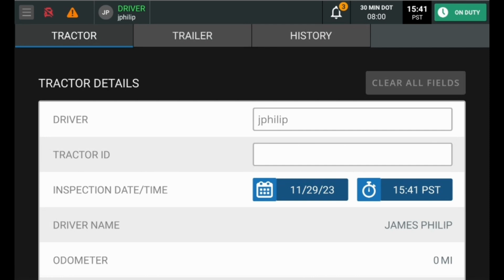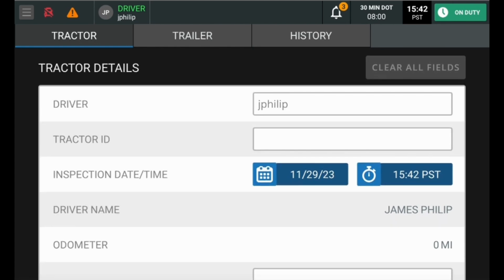If you notice, the three tabs at the top of the screen allow you to send in information relative to the tractor, the trailer, or look at D.V.I.R history. Let's start by looking at tractor information. Fill in the fields to fill out your D.V.I.R, starting with driver, tractor ID,